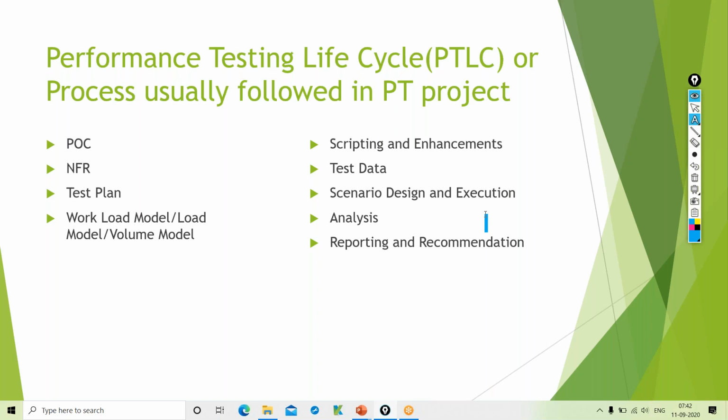In fact, this document, the workload model document, we can call the heart of all the documents. It will help us understand how to test the application and what to test in that application. It's a very important document.